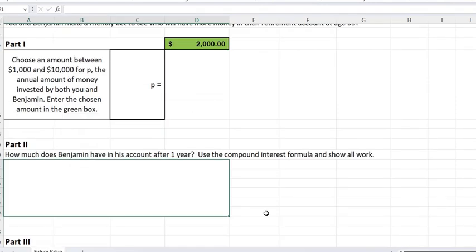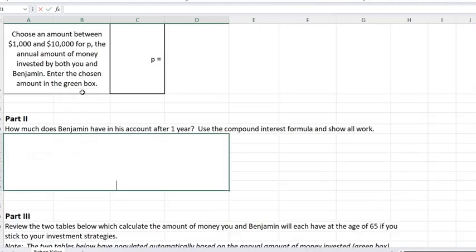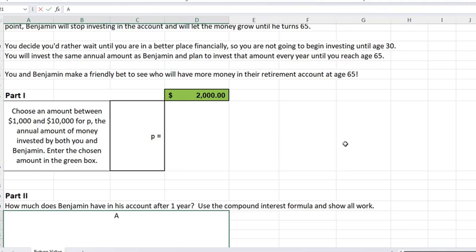Part 2 says, how much does Benjamin have in his account after 1 year? The compound interest formula looks pretty complicated, but let's see, what do they say? Do they say per quarter? Compounded semi-annually. Okay, so to calculate this semi-annually, what you'll want to do is take the compound interest formula,